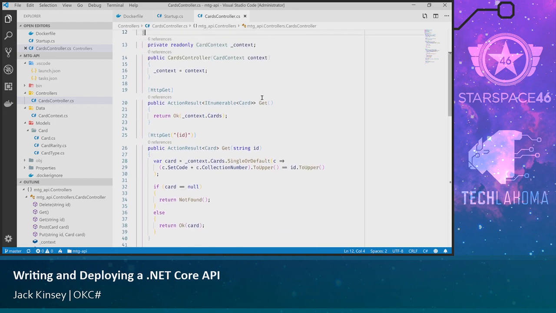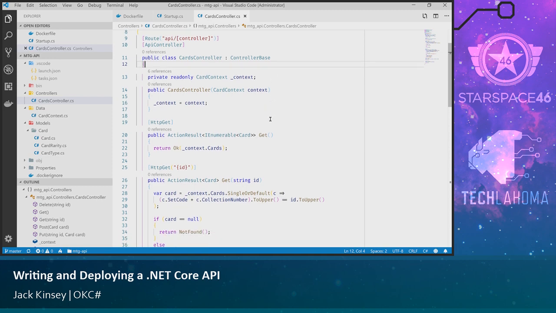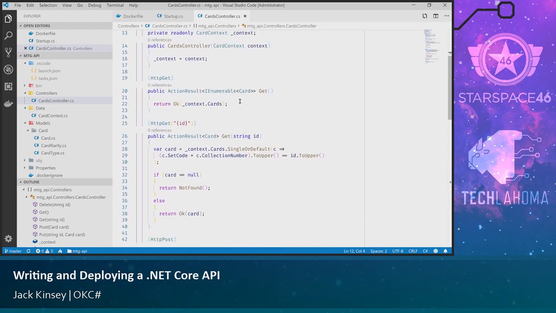So first of all, I got rid of the values controller. We don't need that. It was just there to show what we're doing. And so we created an actual cards controller. Like I said at the beginning, we're creating an API that will allow us to manage cards in a database, and cards are Magic the Gathering cards. And so what we have here is a very simple get that essentially goes into our context